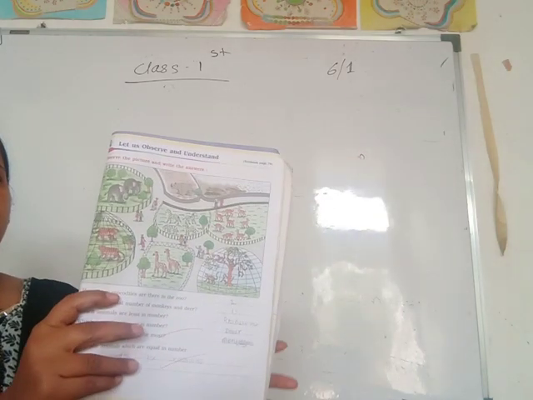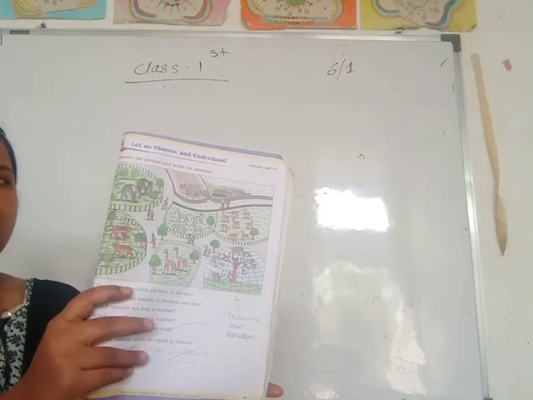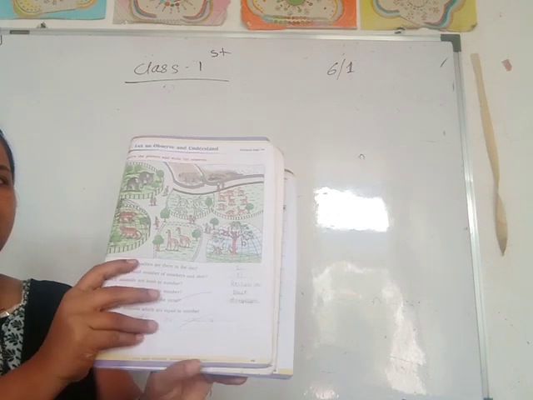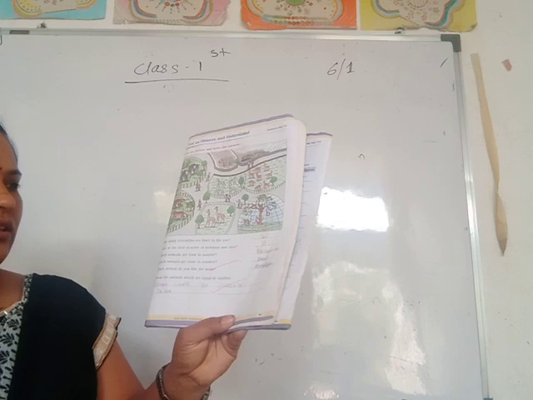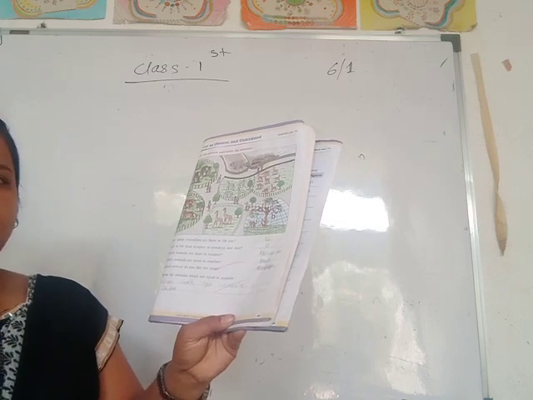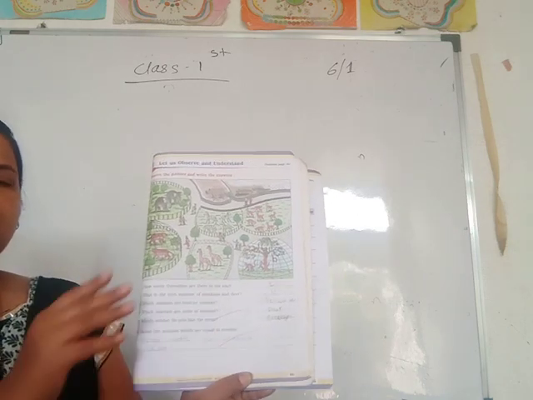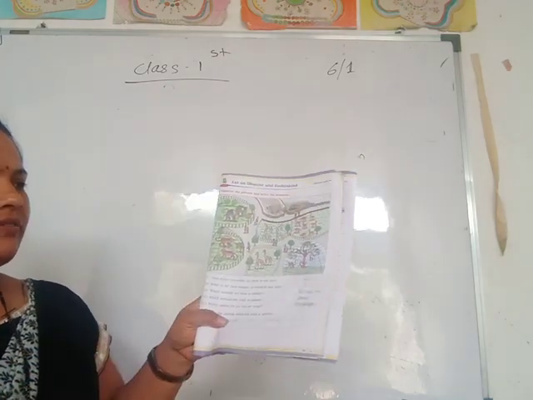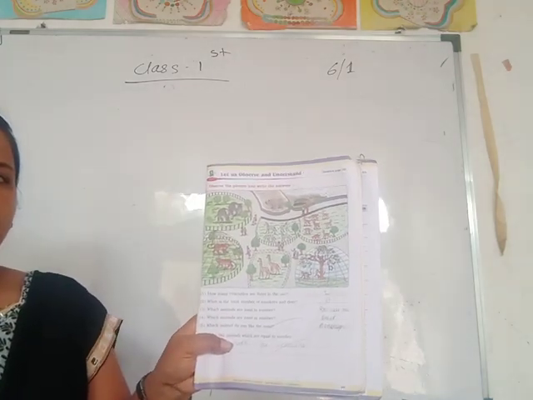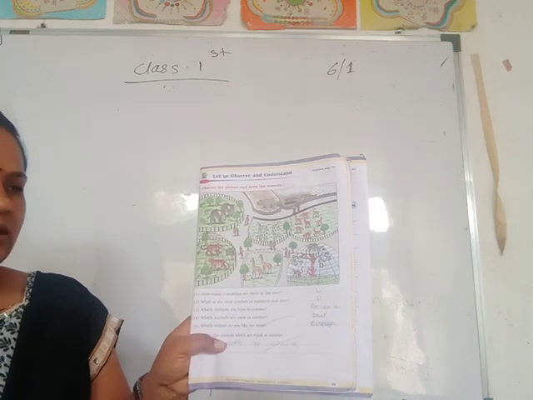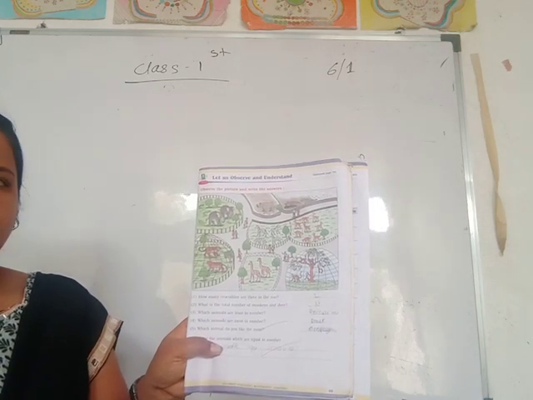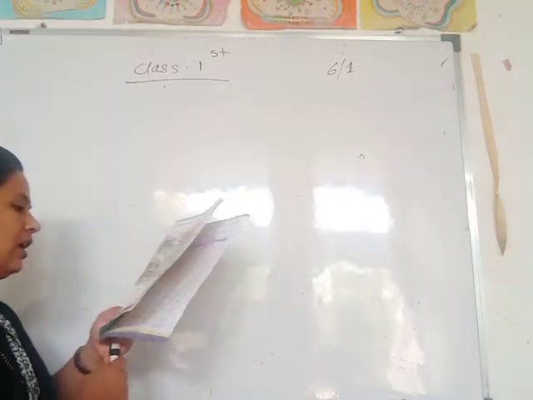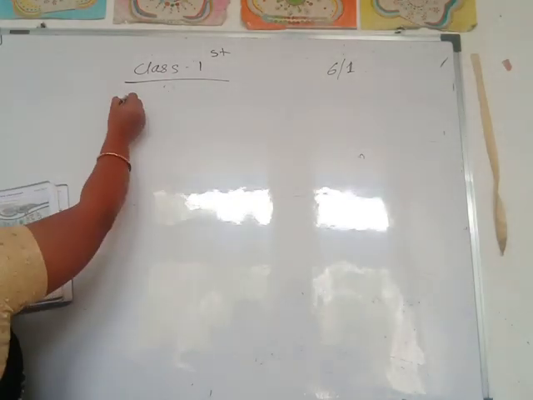You see this picture. And first question you see here, how many crocodiles are there in the zoo? You see this picture. All of you have textbooks? If no textbooks, then I am giving questions and you write only answers. You only observe this picture. Okay. Then first question, see how many crocodiles are there in the zoo.